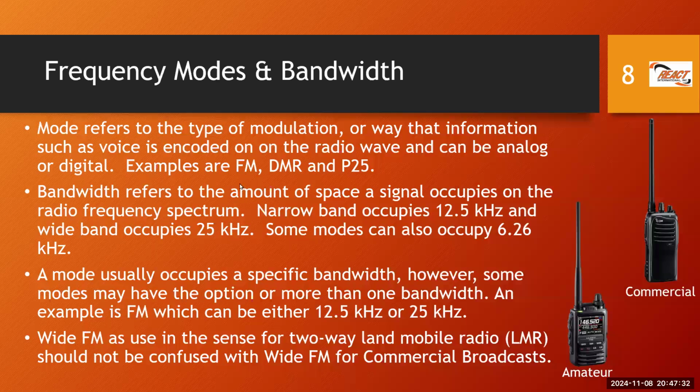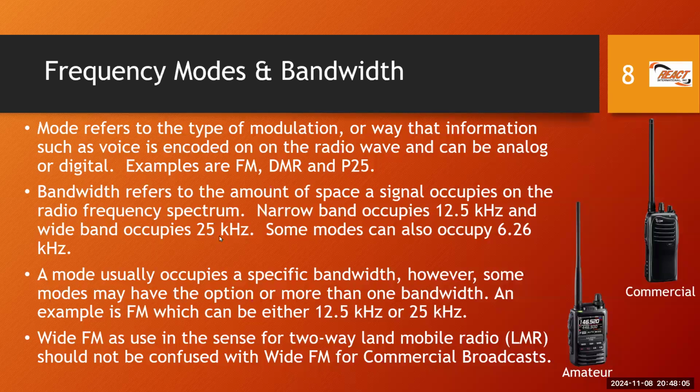So there are two types of FM modes that we talk about in the REACT context. And in REACT, of course, we use commercial equipment. We use commercial VHF equipment as opposed to amateur equipment. And we'll talk about that a little more in a little bit, right? When it comes to type certification. But we use commercial equipment in REACT, commercial VHF. And as of now, many of our channels of operation in REACT use FM wideband operation, which is 25 kilohertz, right?